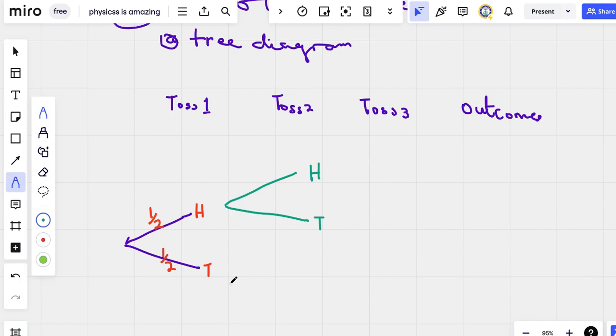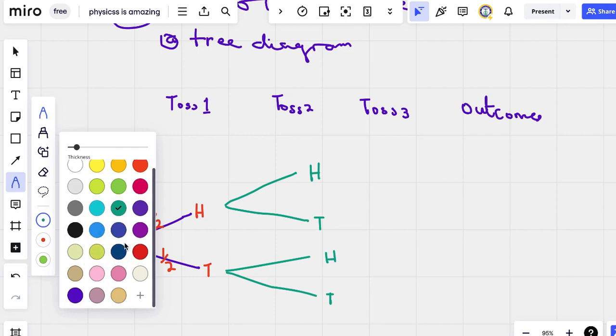And also similarly here, you have the same thing, head or tail. You also have head or tail. So every branch will have its own two branches. The third case,